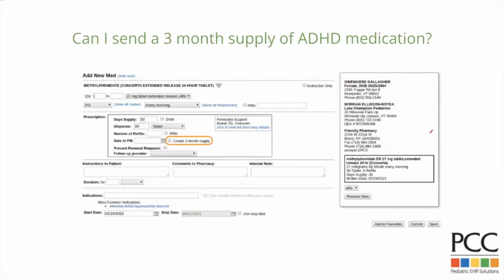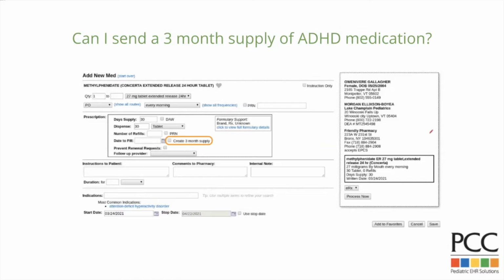All right, next up, can I send a 3-month supply of ADHD medications? Yes, with the exception of probably mail order pharmacies. Most states and most pharmacies will not let you send a prescription for 90 tablets. If the patient's taking it once a day, you are able to send the equivalent of 90 days' worth of medication in one prescription. So with PCC eRx, you can do something right here with this button called Create 3-month